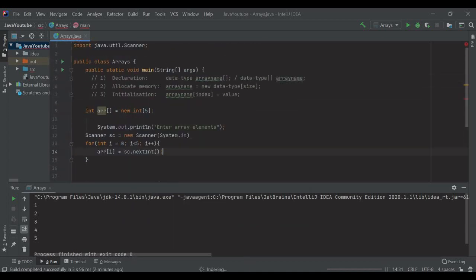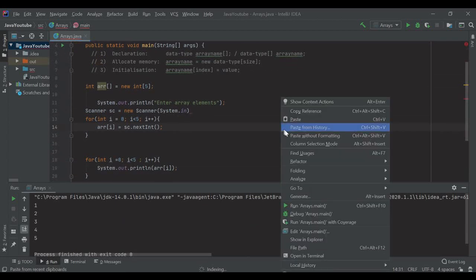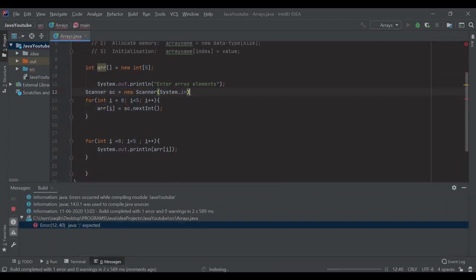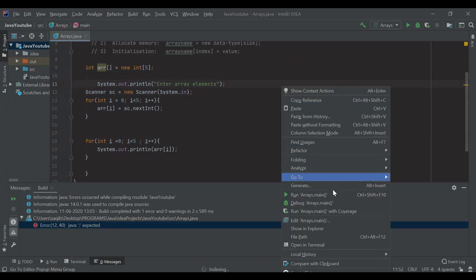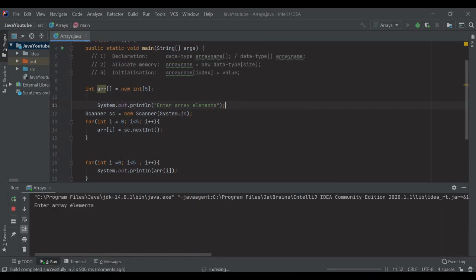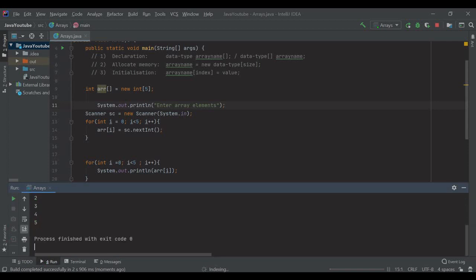Okay, so let's run this and see. Okay, semicolon. Okay, so that's it, it's working. Now let's input the values. Say I say 1, 2, 3, 4, 5. Okay, there it is. You can see the output 1, 2, 3, 4, 5.